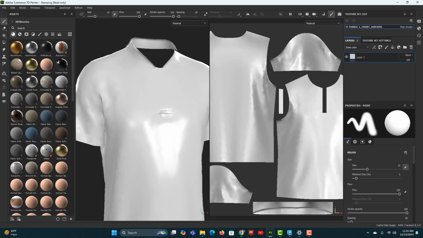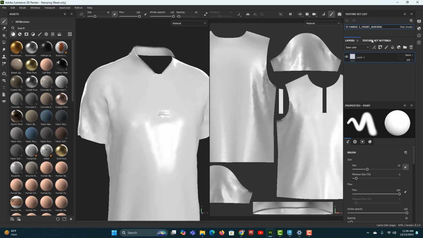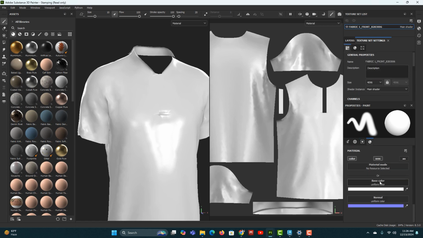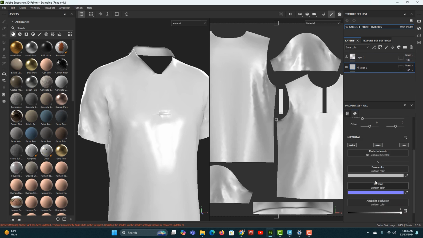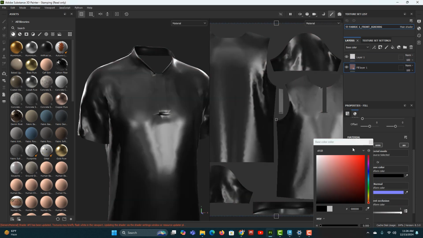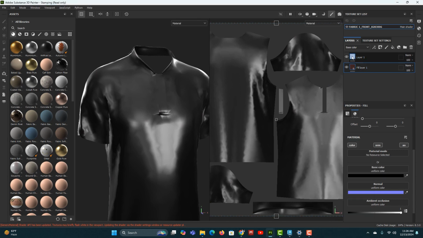This is a simple scene that I have taken, and if I show you the settings, it contains just these 3 channels, because I just need these 3 channels, so I have eliminated all the remaining channels. If I go down, color, normal map, and AO, 3 things are there. You can keep it the same way. Now go to layers and create a new fill layer. Change the color to black, I mean pure black. It should be 000. Done. And now come to this paint layer,